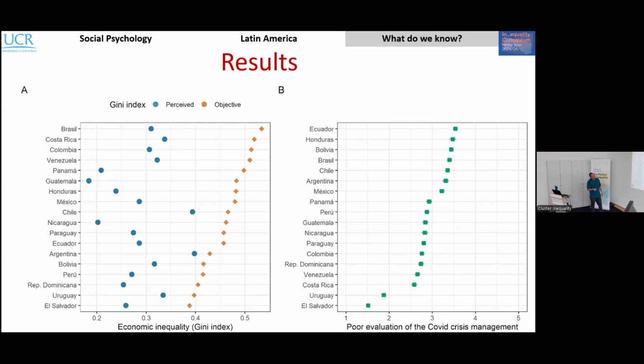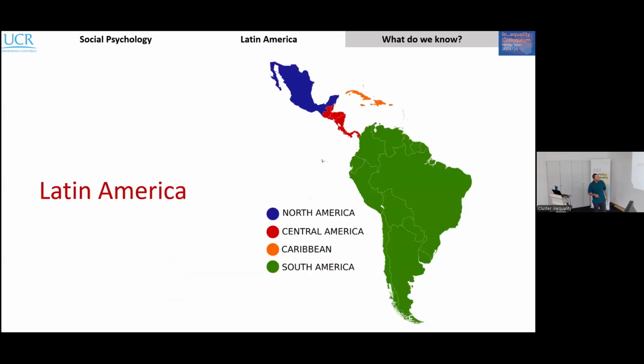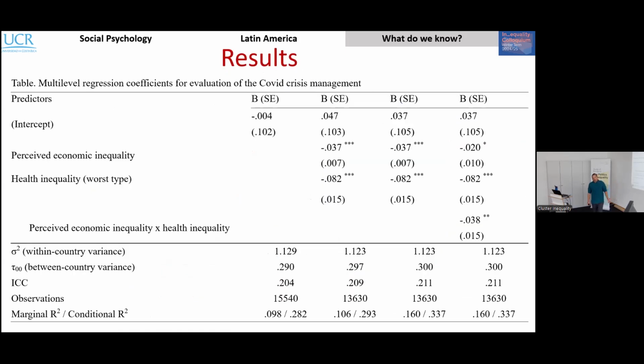And this is how countries evaluate the pandemic. El Salvador is an extreme outlier because of the government they have right now and at that moment with Nayib Bukele, but that's a story for another day. And this is how they evaluate how the government managed the pandemic. So here we have a principal result, the hypothetical result that we were looking for before. We see how perceived inequality is associated